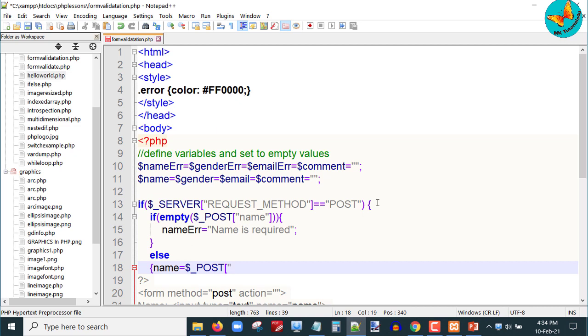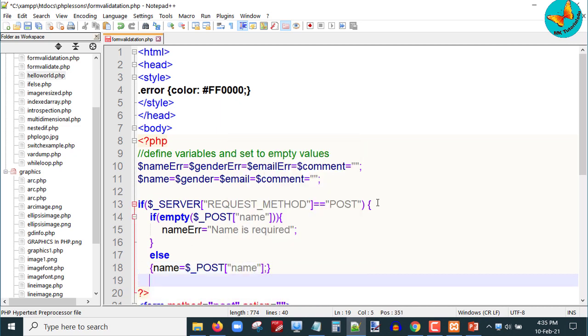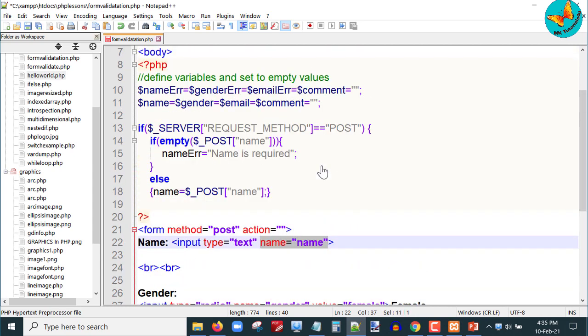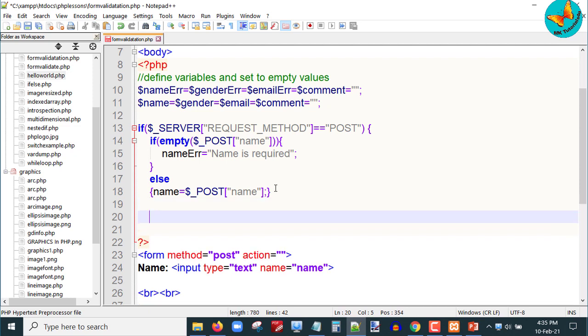Then if, what is going to happen by this empty function, if the user has not inputted anything, then what I want to display is that name is required. So if this condition is true, then I will write in the name error variable equals to name is required, means some error is there that the field is empty.